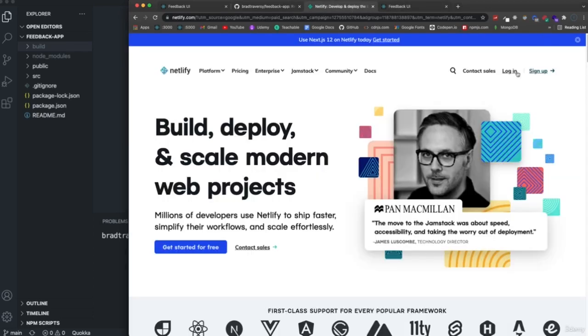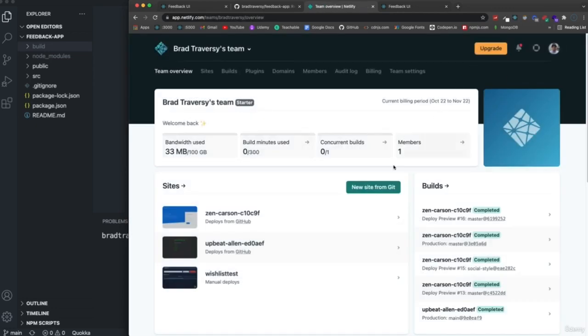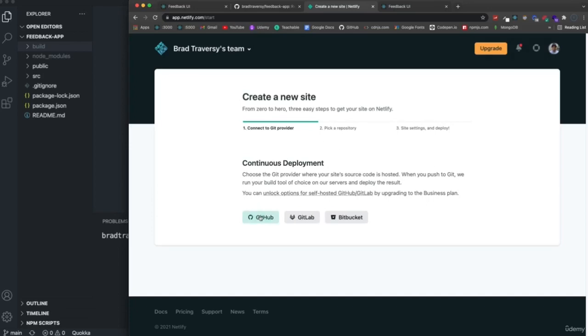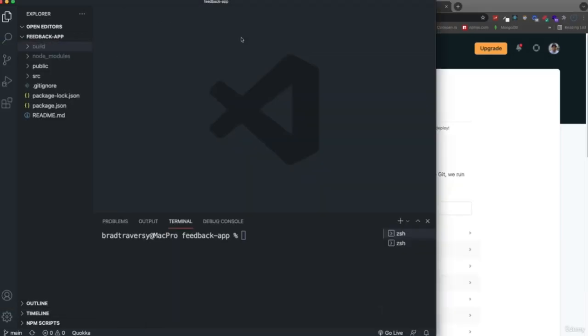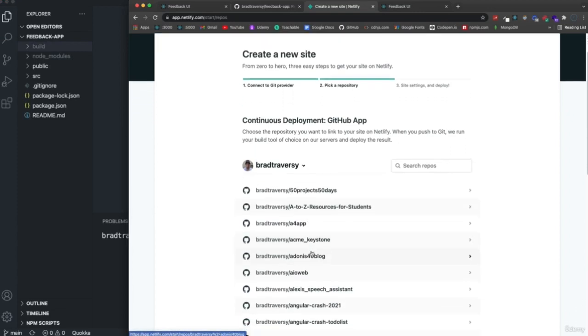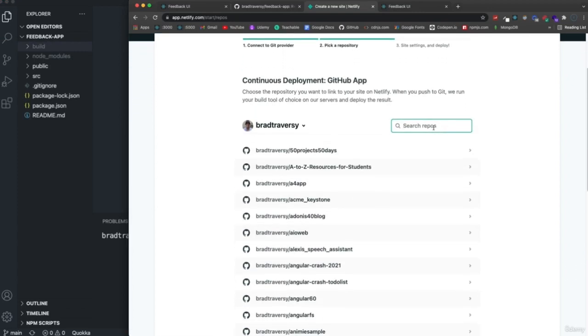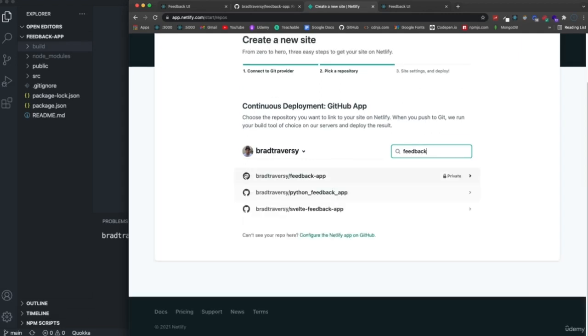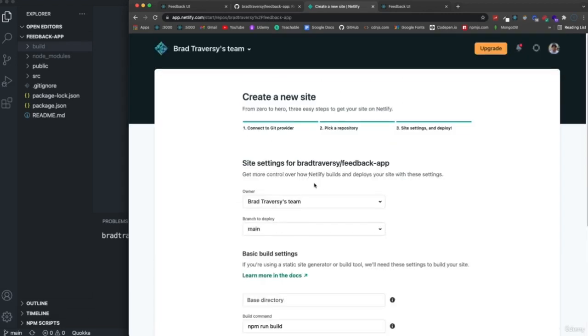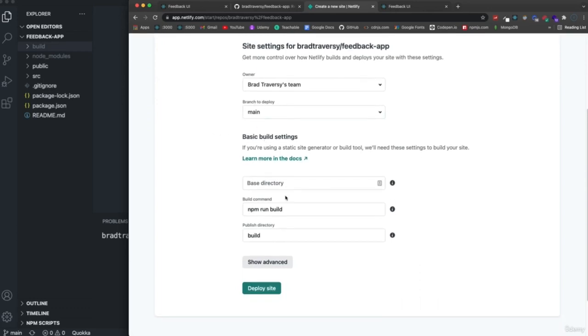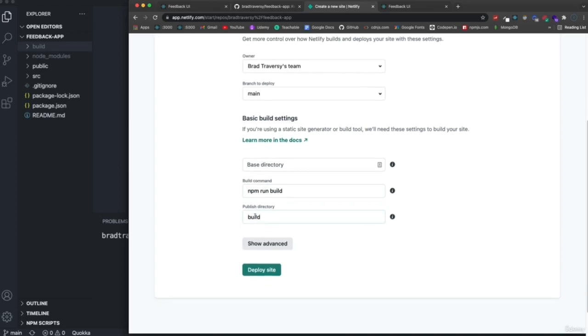So what I'll do now is go to Netlify, just go ahead and create an account, log in, and then we can say new site from Git. And I'm going to choose GitHub. You can also use Bitbucket and GitLab. So I want to choose, let's see, feedback. So I want to choose my feedback app right here, which is private right now. And then I'm going to deploy to the main branch. The build command is npm run build, and the build directory is build. So we don't have to run npm run build before we deploy to Netlify. We just simply need to have a GitHub repo. Now we can say deploy site,